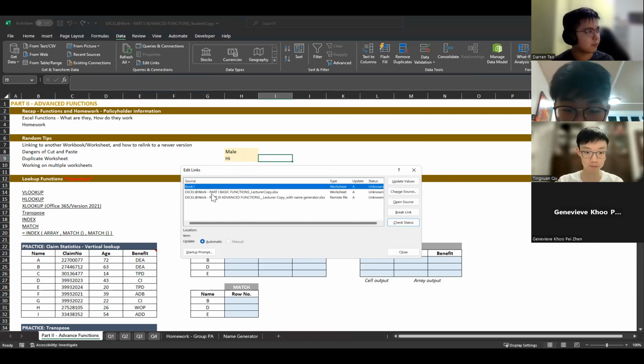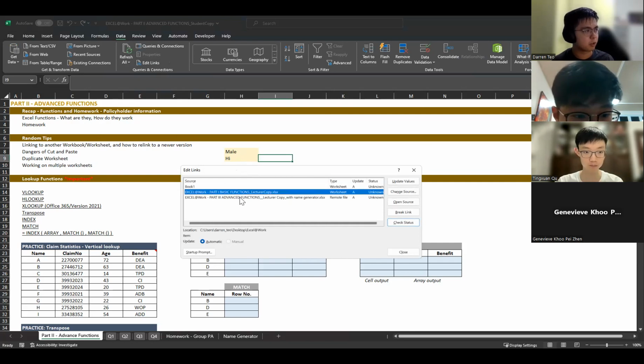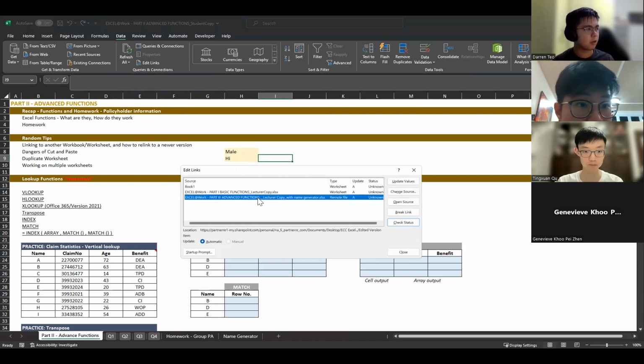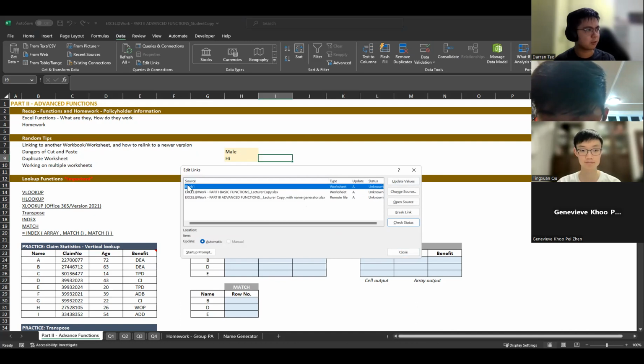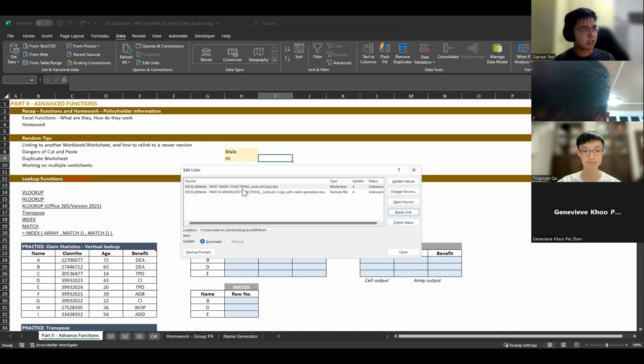I'm also having other different workbooks that are linked to this, but the drawback is that you might not know where exactly it's linked to. So you have to go and check where you can find this particular linked cell, because sometimes you want to get rid of it. If you want to get rid of it, it's quite simple. You just click on this and then click on Break Link.